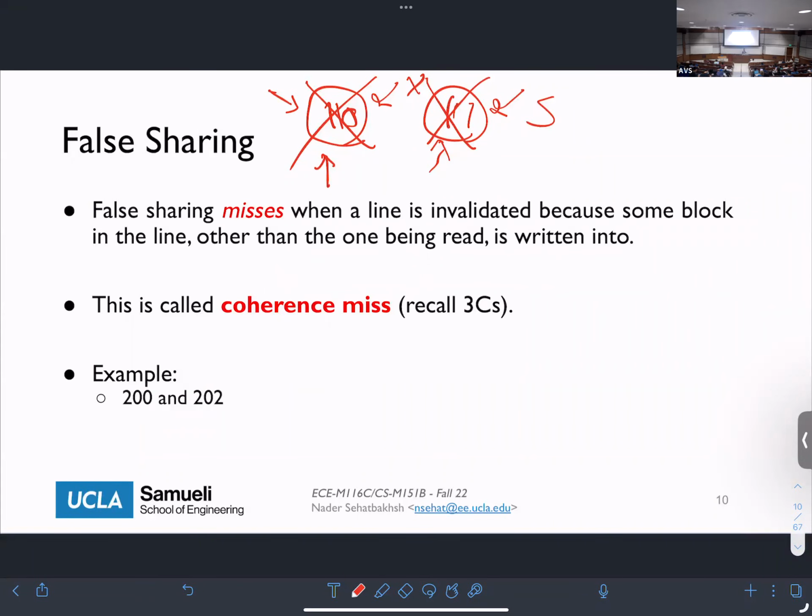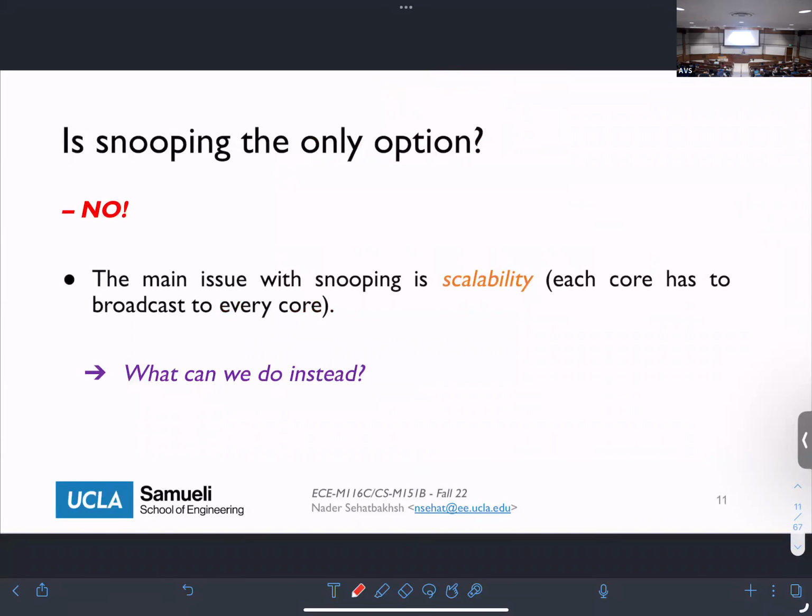So that's one thing I want to talk about. The second thing I want to talk about before we move on is, so we said that the solution for cache coherency is snooping, right? It's widely used in many systems, but snooping is not the only option for fixing the cache coherence problem. In fact, snooping is not great for scalability. If you have many different cores, let's say you have 64 different cores, if all of them need to broadcast and everybody else has to look at that bus and try to do something about it, it's not the best way to do it.